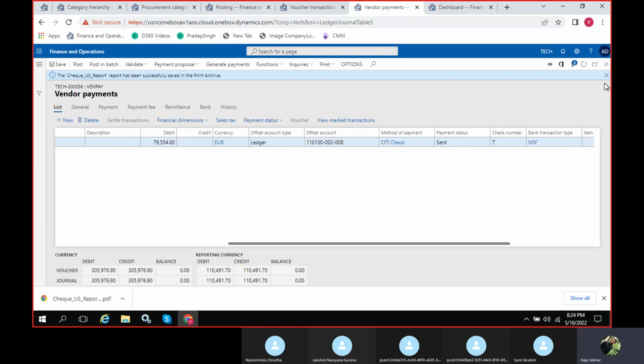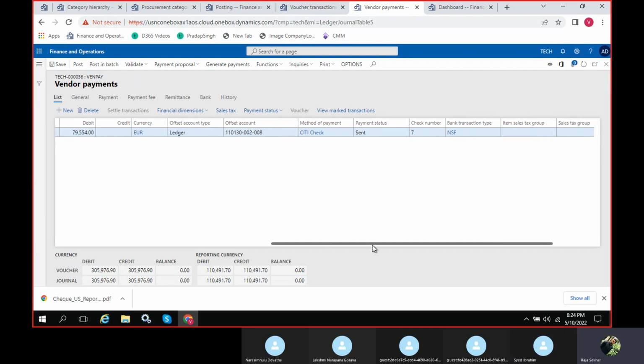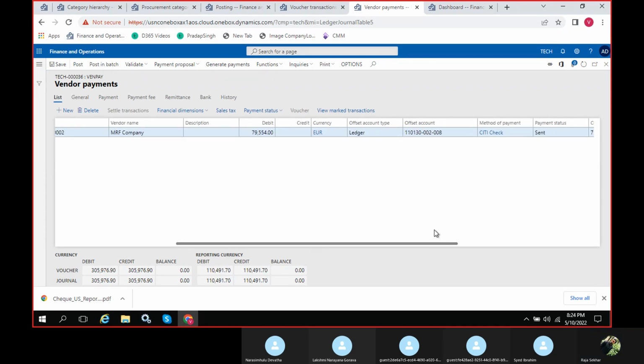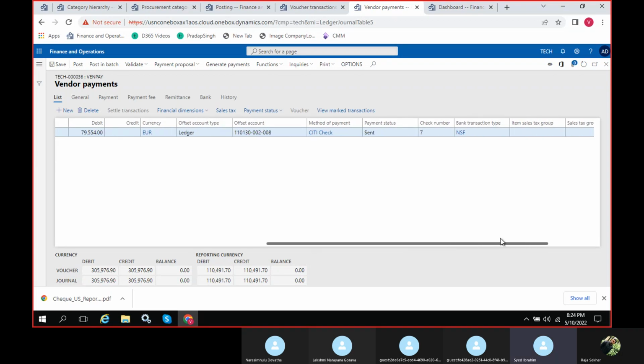Understood what I'm saying, Syed? Yeah. A post dated check is completely different, where you're going to make a payment to your vendor in the future, and when the actual date arises, they are going to claim that check. But this one they can go ahead and claim tomorrow itself. This is just your payment posting date. You mean to say this is a kind of open check? Yes, this is an open check, so they can go ahead and claim anytime.